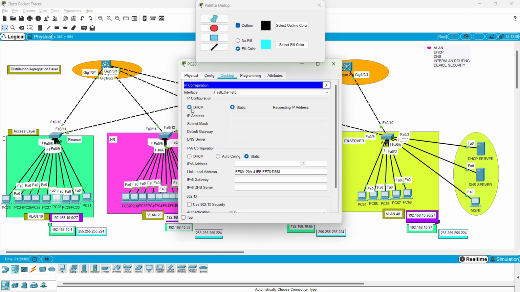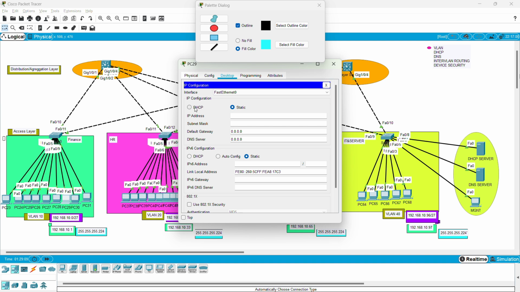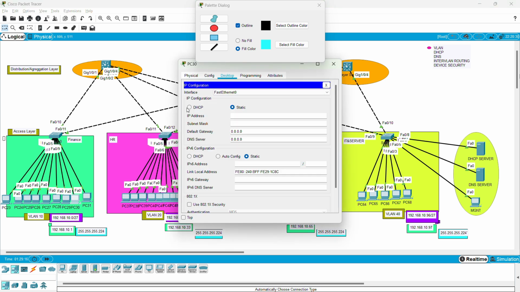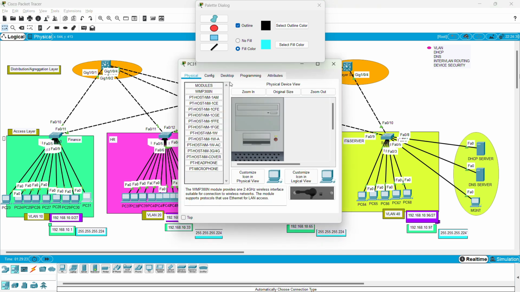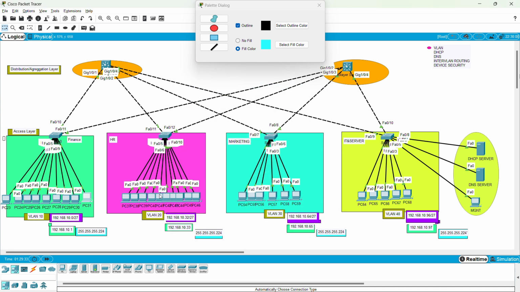Okay, all right, let's check the last one on that VLAN. Okay, this was the last one. It got .14. What we expect when we move to VLAN 20 is for the leased IP addresses to